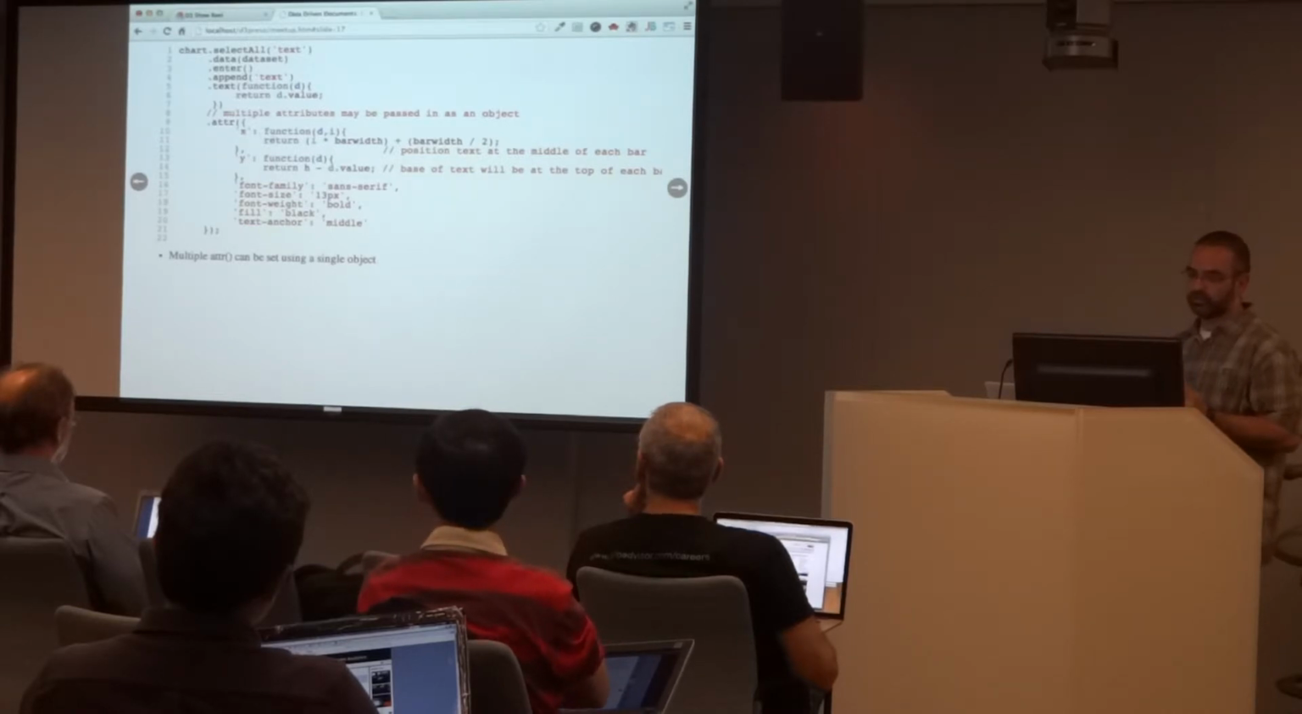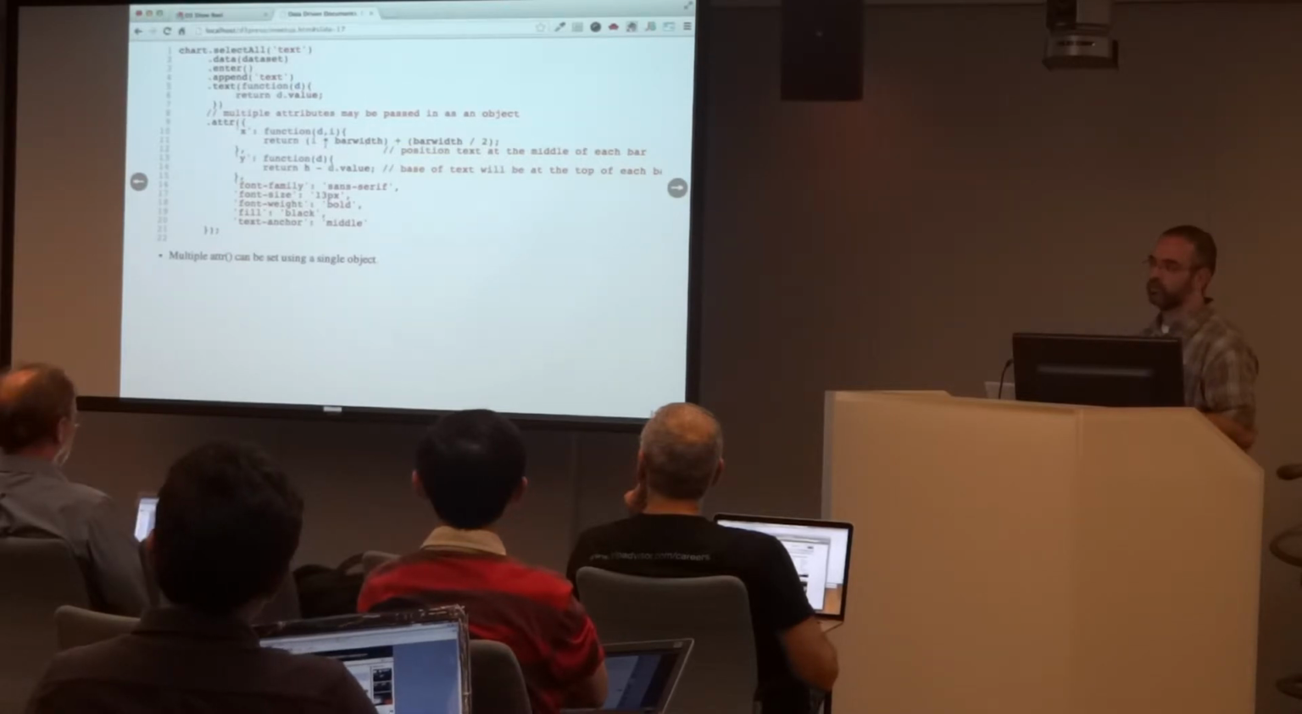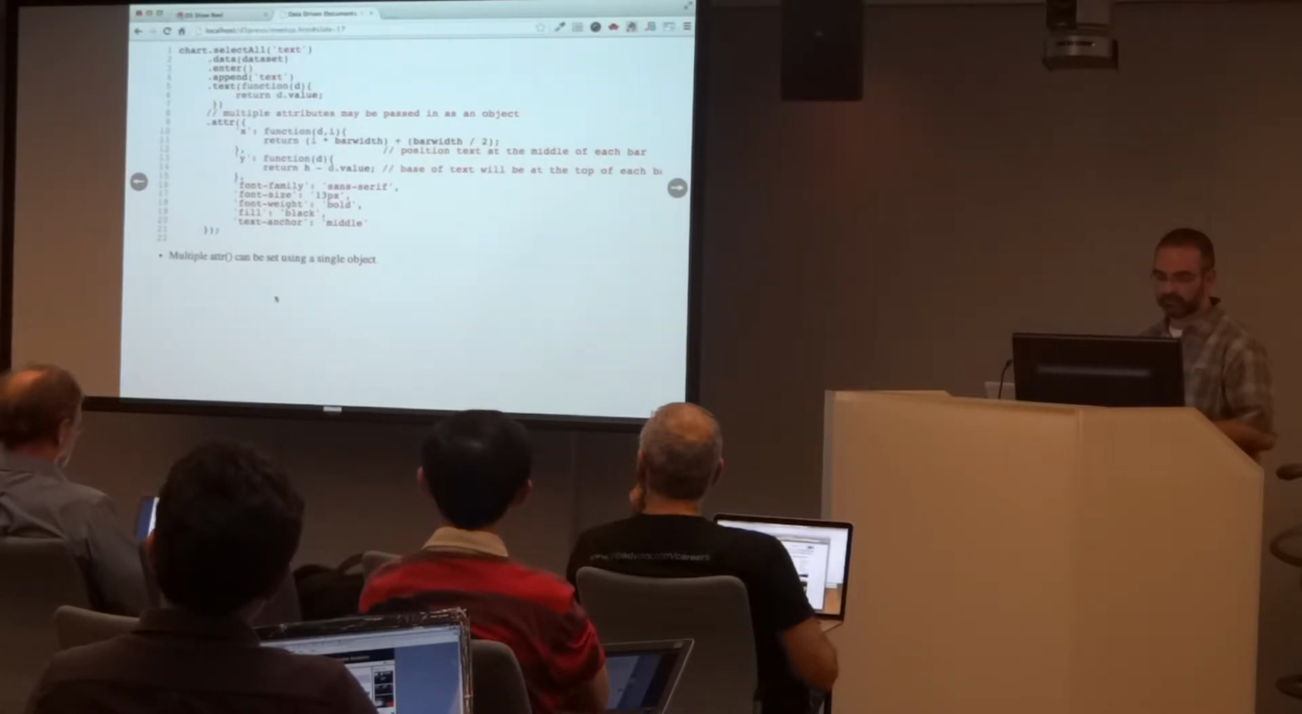The positioning will give me the middle of each bar. So it's i times bar width, so that's the position of the bar itself, and then I'll divide the bar width by half. So that gives me the middle of each bar. And y, again, I'll use h minus d value, and I'll pass in some styling elements to make it look